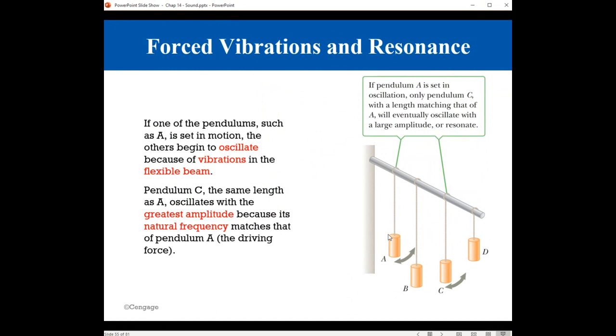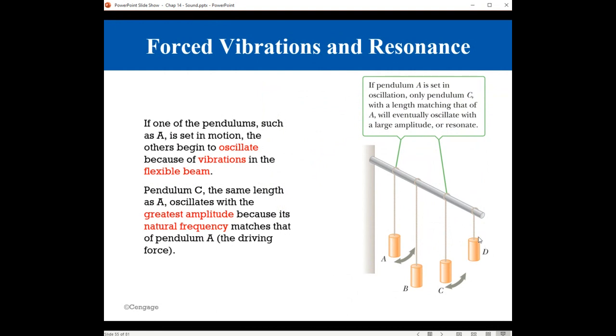If you consider this situation, you have pendulums hanging from this flexible beam. If you give a displacement for A, then C will vibrate because C and A have the same length, so they can be in resonance together, while